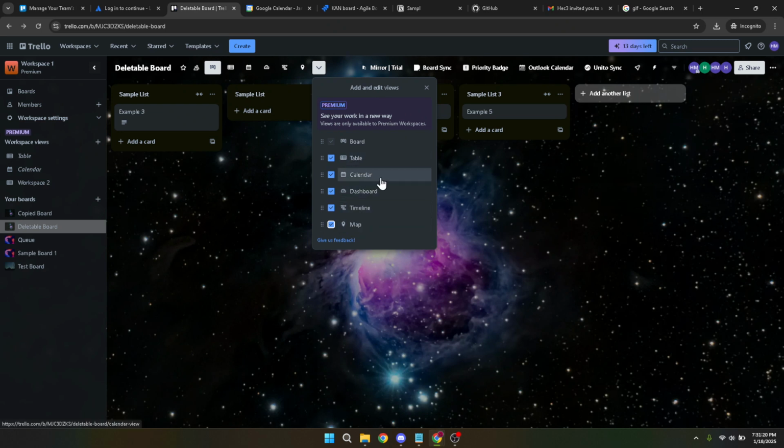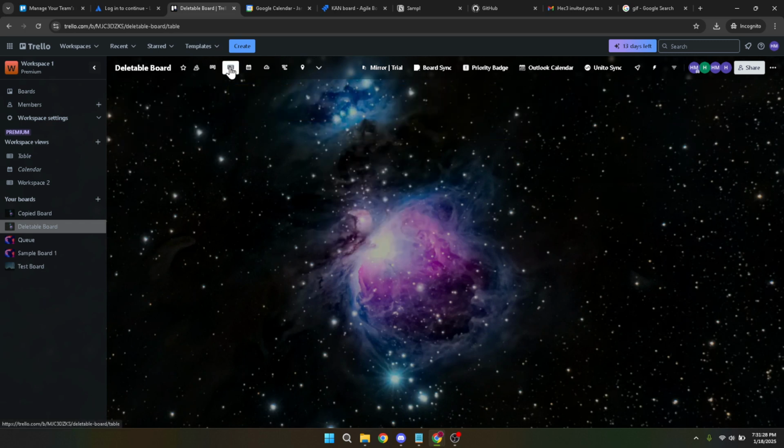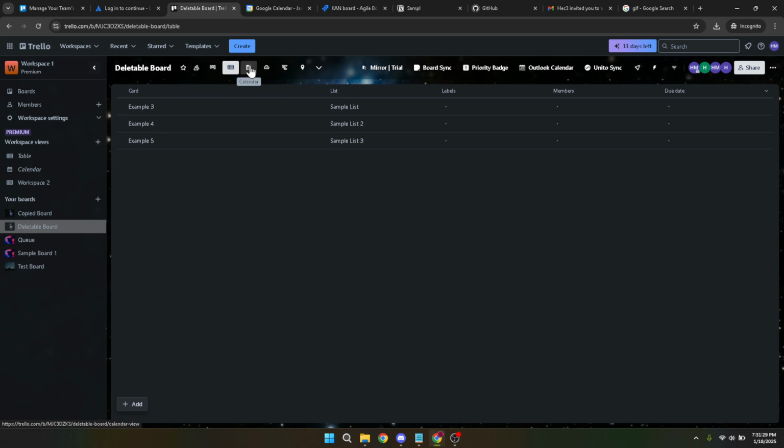If you're working on projects with various phases, the timeline view is incredibly useful. It helps you visualize tasks over a period, allowing for effective resource management and project planning. Should your project require geographical visualization, the map view offers a fantastic way to plot task locations, a feature invaluable for teams managing location-based assignments.